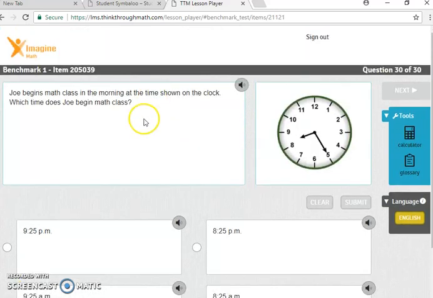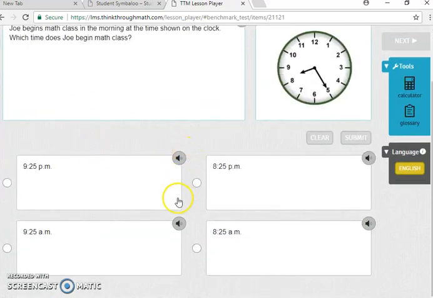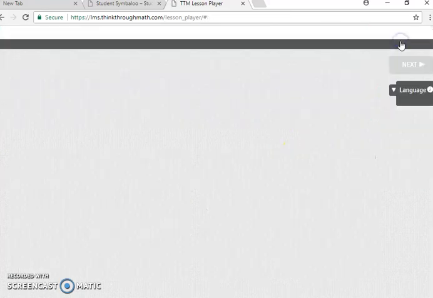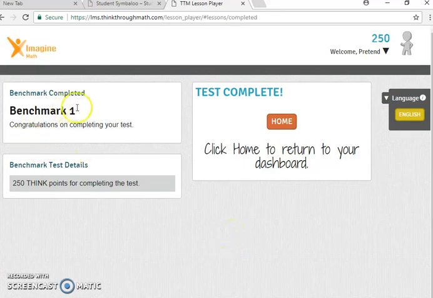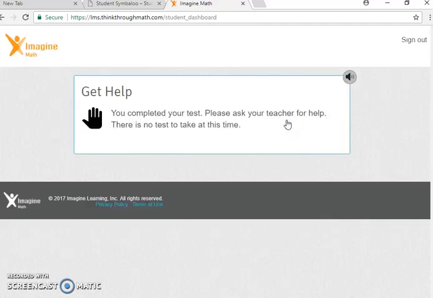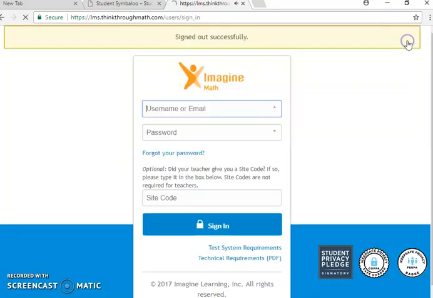Okay, so we're back, and the student is now on the last question, and you can see that up here. And so I'm just going to select an answer and submit. Next, and here's the screen they'll see showing they completed the first benchmark, and they can go back to home, and this is going to be read aloud to them, and once again they read it both in English and Spanish. Okay, so I'm going to sign out as the student, and we're going to sign in as this practice teacher,